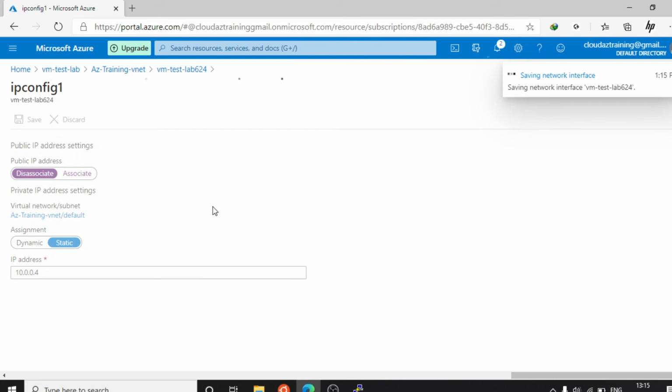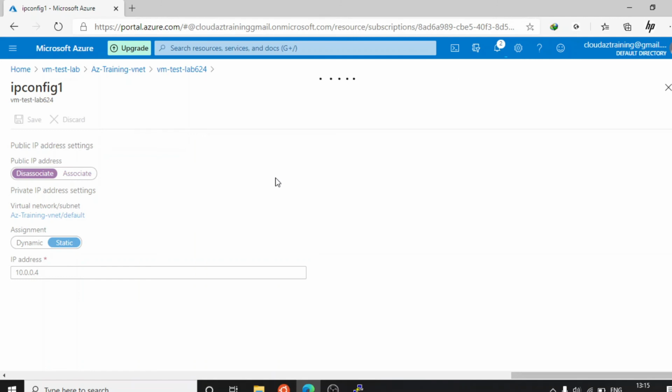So now there is no public IP associated to this VM. You can attach a newly created one or the one from production. So this is the way of detaching and attaching a public IP to a VM on Azure cloud.